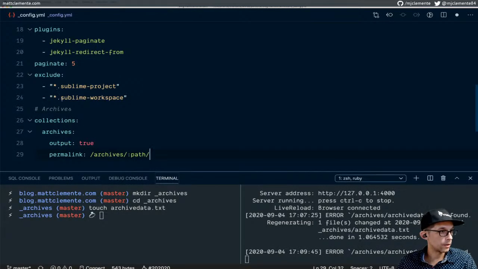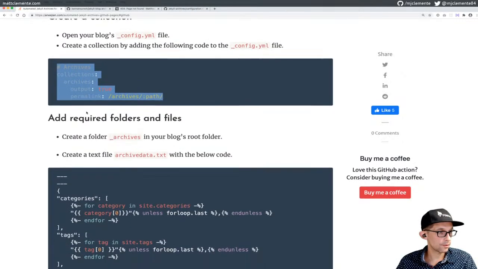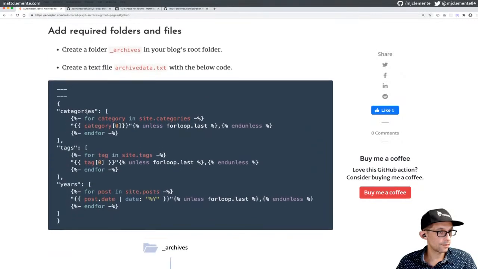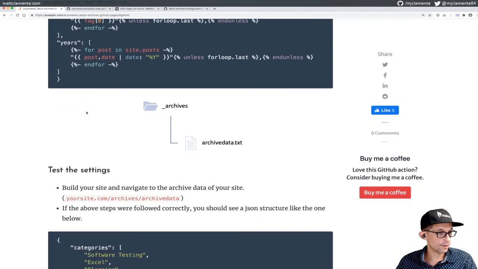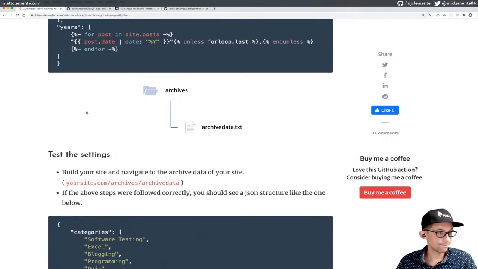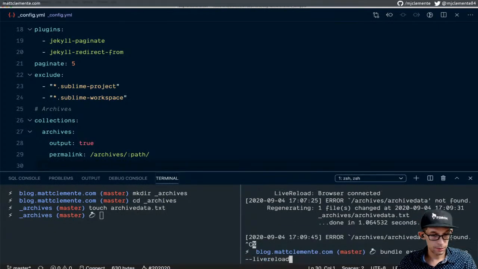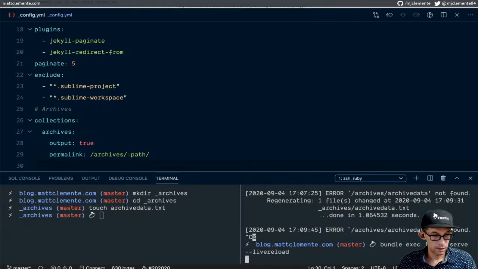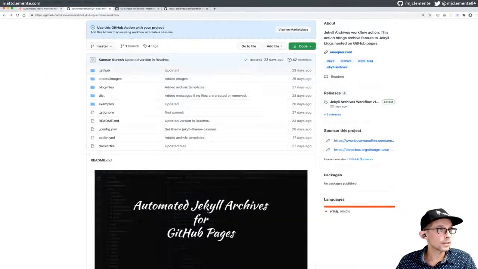And I'll probably need to, so we've done that. We've done our underscore archives folder, and we've created our archivedata.txt file. Build your site and then navigate to the archive data of your site. All right, so we're going to kill this and restart it so that it picks up the change in the config, and we will try accessing,